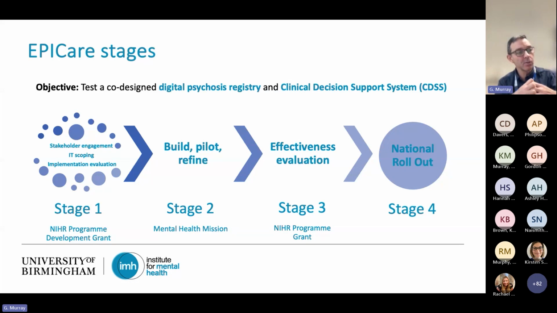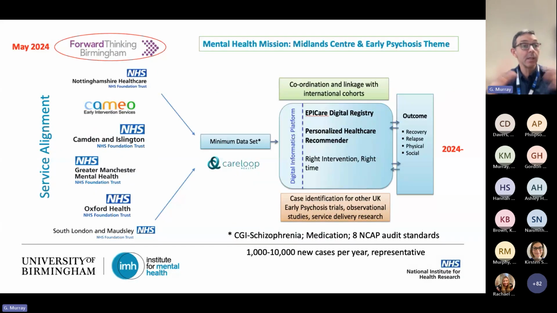Here, what we're trying to do is, over several trusts, capitalize on the information that is routinely collected. For example, we all have to record this information for the NCAP audit. So can we pull that data together? At the moment, that information is just pooled for audit purposes. But can we develop